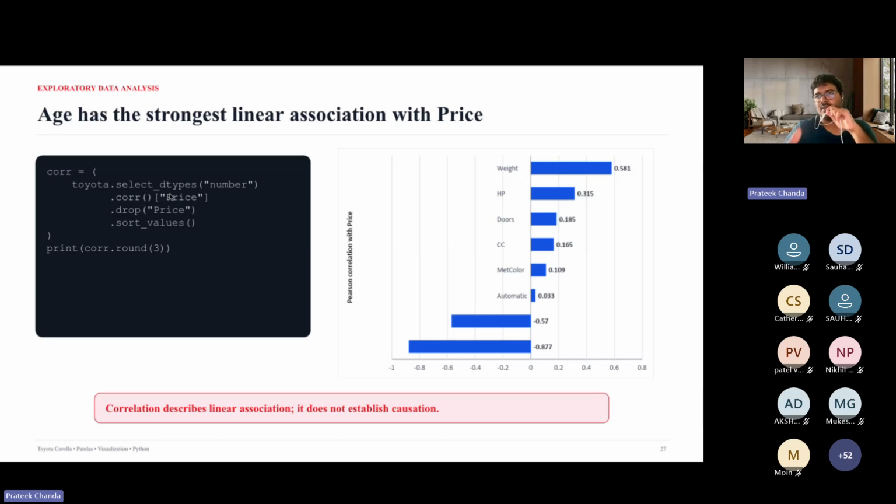So price is my target column here, and then I can drop the price column in my correlation plot, and then I just do a sort values of it. So I can sort the values in ascending order. Here in a visualization setting, you can see there is a corresponding correlation, like Pearson correlation, with the price target. So weight has, let's say, 0.58, some kind of correlation, and so on. So these are the kinds of settings here.